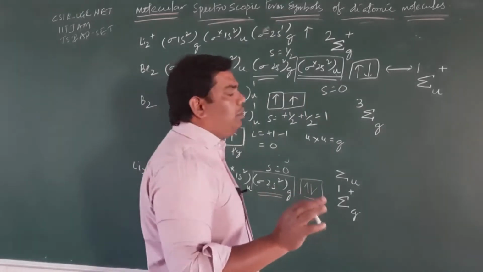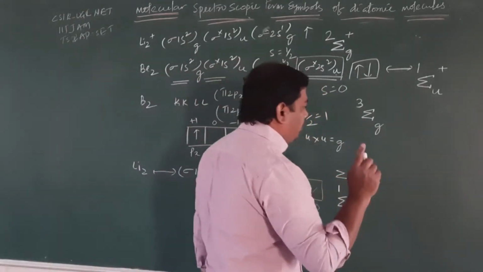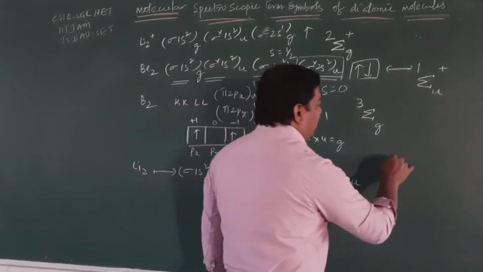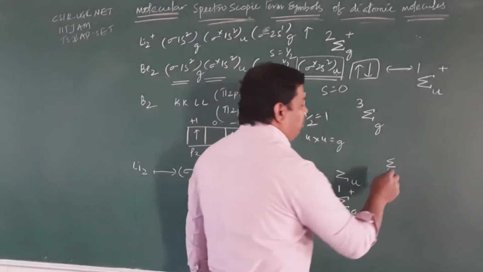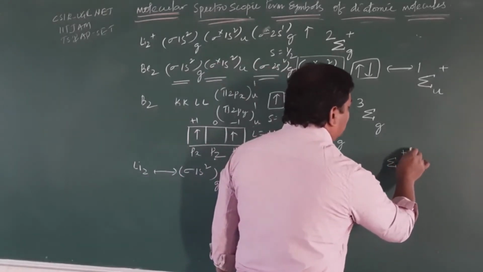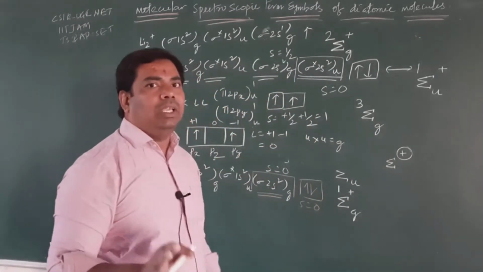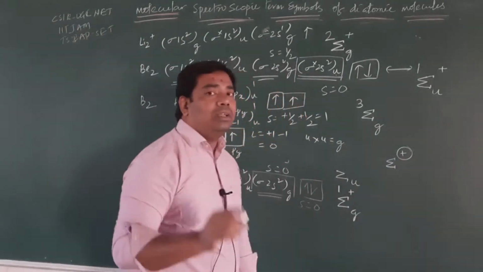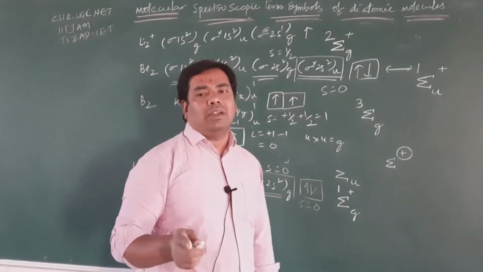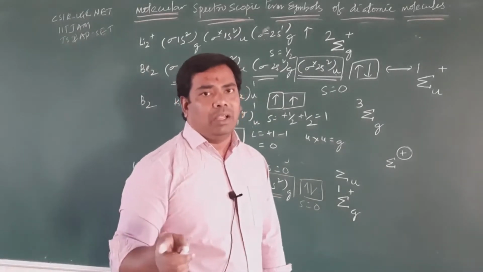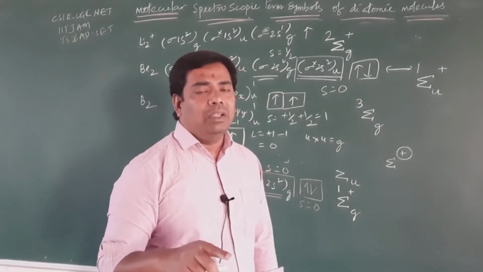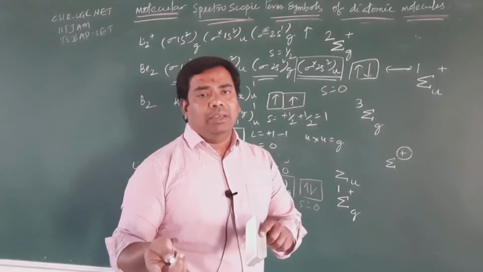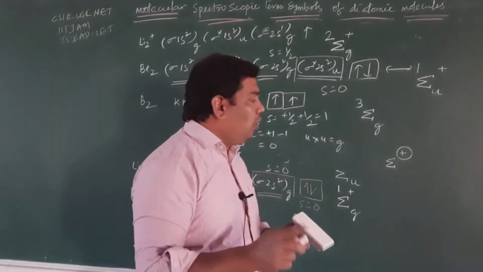Right. So here please remember, student, I'll explain 2 concepts. Please remember, if the electrons are present in sigma level, so always you can write the superscript plus only. The next thing: if the electrons are present in p orbital, in this case the term symbol may be sigma or pi, so how can we identify?